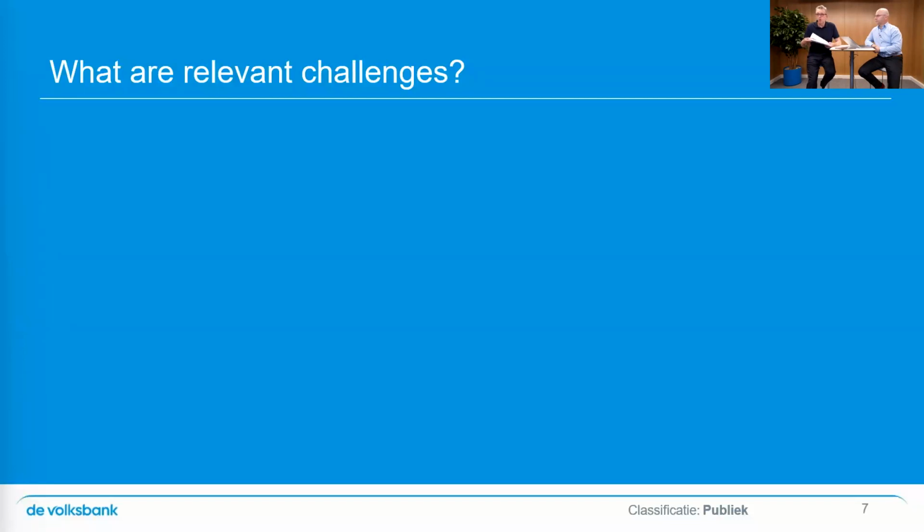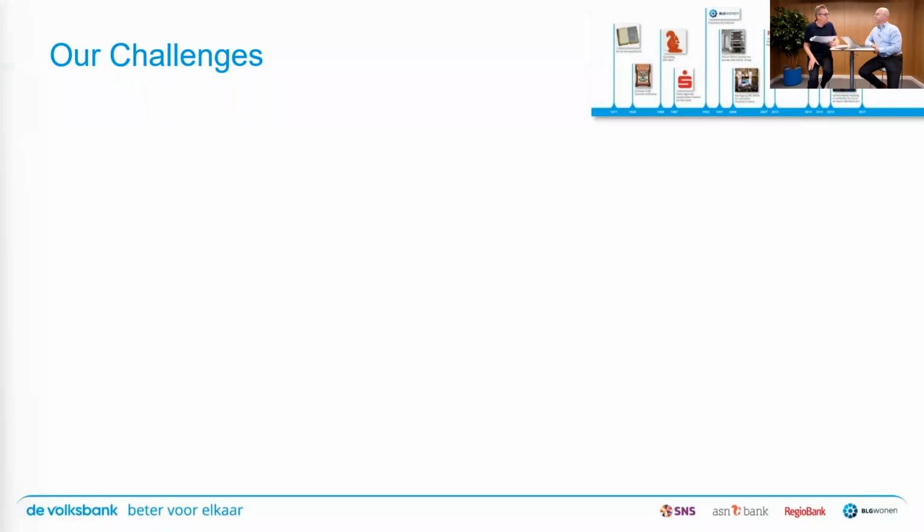But let's start with the main topic of today. So it's about sustainable adaptivity. It's a bit of a tongue twister. You're welcome. Sustainable adaptivity at the Volksbank. You already talked about some challenges. Can you go into more detail what the challenges were for Volksbank to do this new approach?